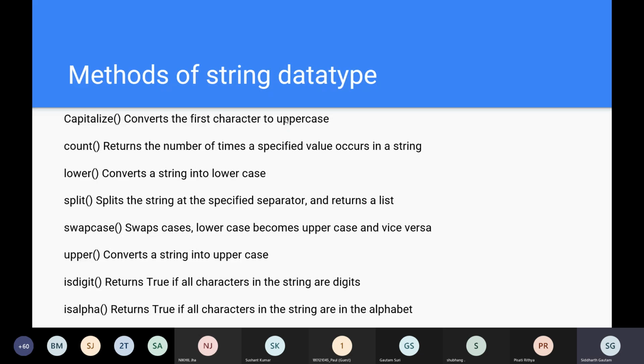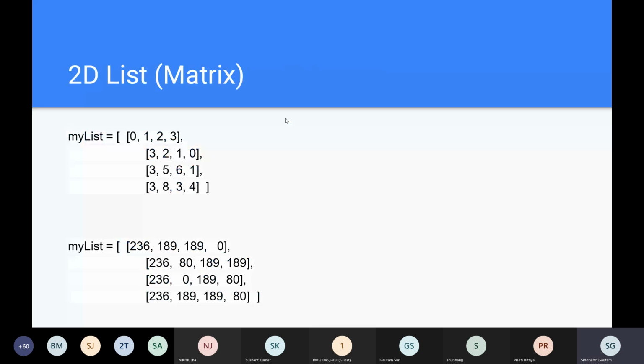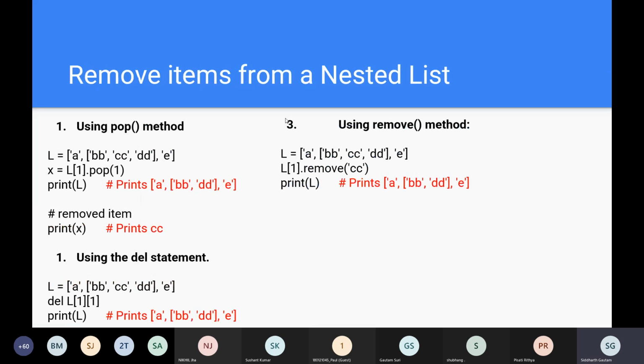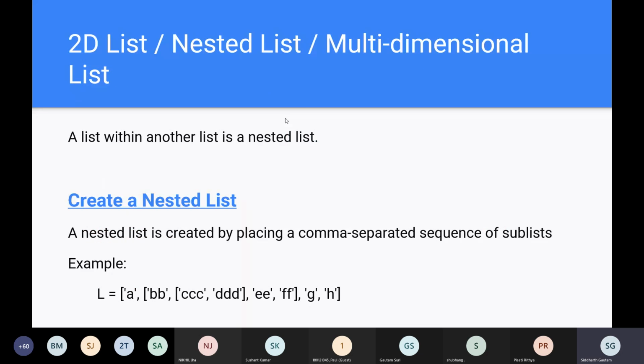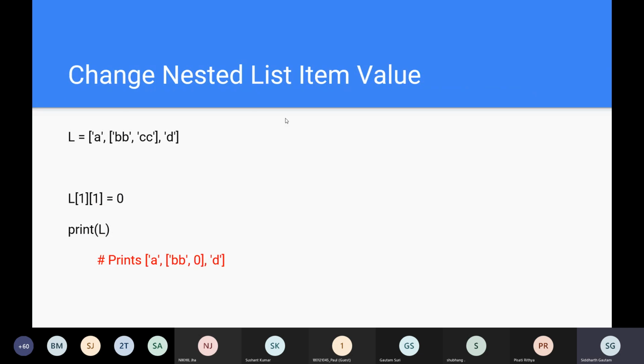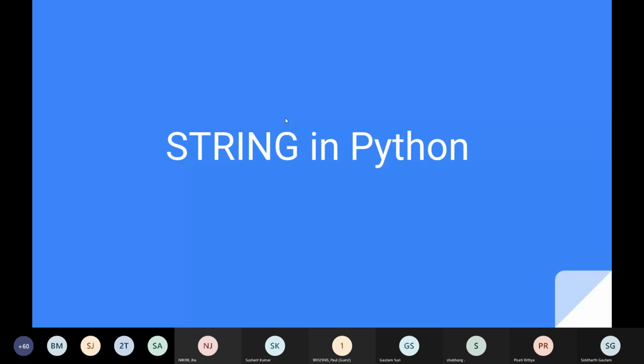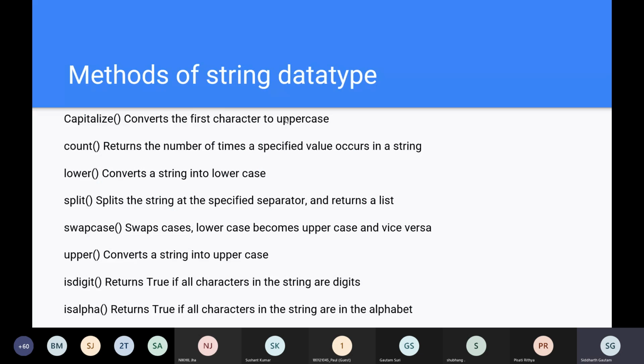Indexing is the same, the length function is the same, the append function is the same. Most of these things overlap, so we don't need to repeat all of that here. We have already covered that once, and you can just play around to see how it works.